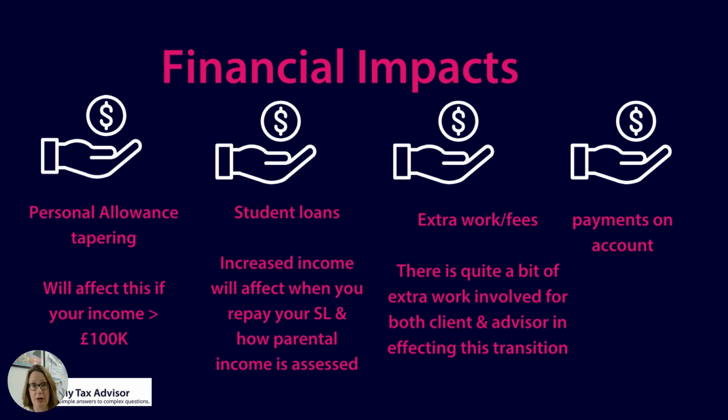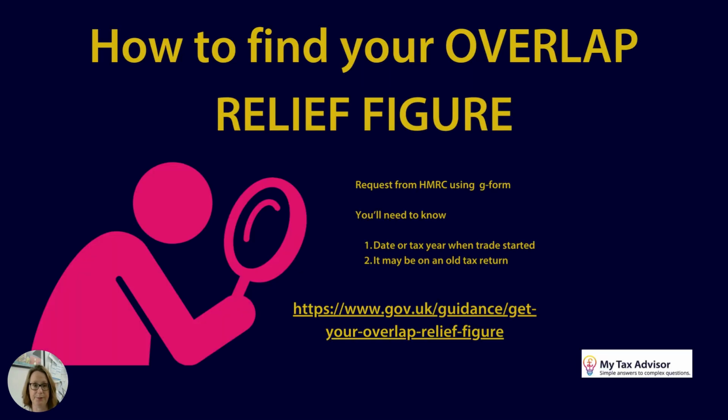Likewise, if you choose to spread those profits over the, let's say, 5 years that you're allowed, then as you approach the end of that 5 years, your payment on account for year 6 will likely be a bit too high. You might want to adjust it down because you'll no longer be including a spread of transitional profits that go back to this point in time.